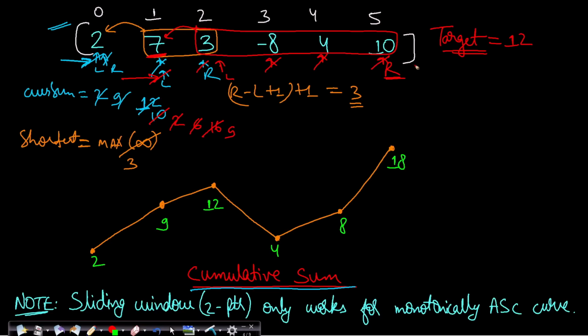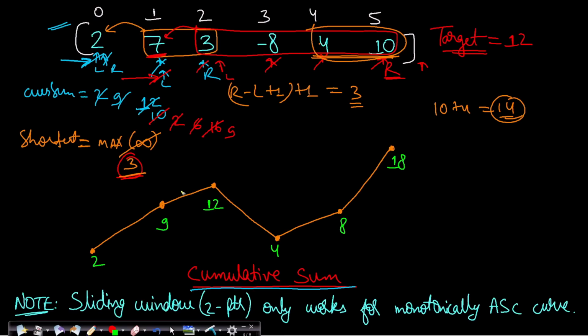And now again you move the right pointer to the right and you will stop because all the elements have been passed by the right pointer. Now 3 is given as your answer if you apply the sliding window technique using 2 pointers. Okay, but you will see that this example has 2 as answer, because if you take only these 2 elements 4 and 10, then you will have a sum value which is 14, and this is greater than equals to your target, and this window just has 2 elements. So obviously 3 is not the answer, right?